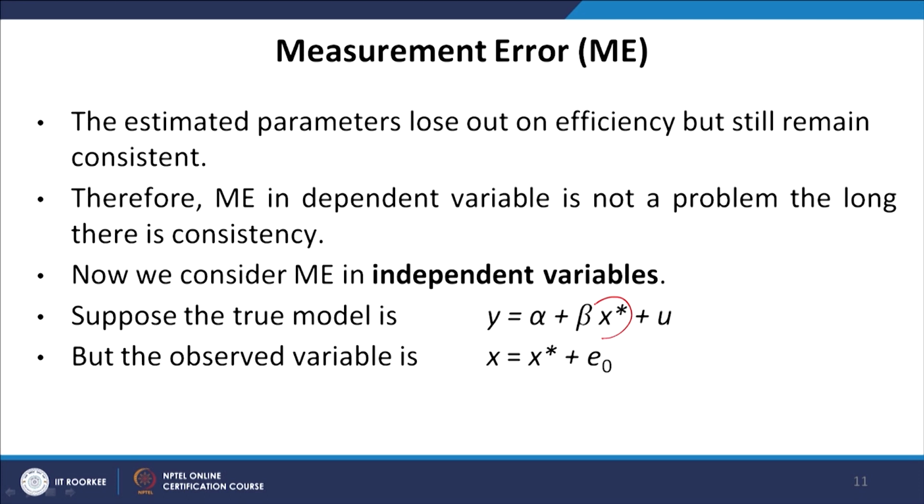So, again there is a measurement error in the independent variable. Instead of observing x star, we are observing x, which is the original value plus some error term added to it. Now, there could be many situations of this kind of measurement error, and measurement errors are many a times completely unintentional. We can take the example of household savings reported by individuals. Individuals can be different household members. The household saving reported by husbands can be different from those reported by wives, and can also be reported by other family members.